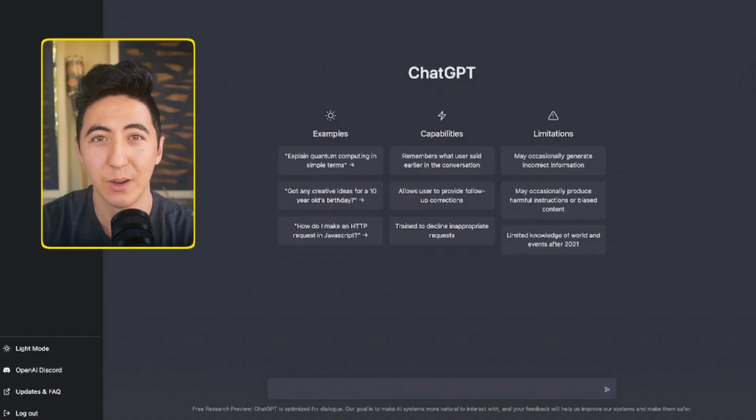I'm going to share my screen and jump right into it because ChatGPT is actually going to show us everything that we need in order to get the right questions and get the right answers. All right, so the first question that we're going to ask ChatGPT is, what are all the different ways that you can make money online?